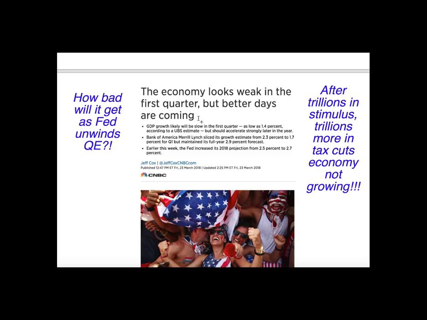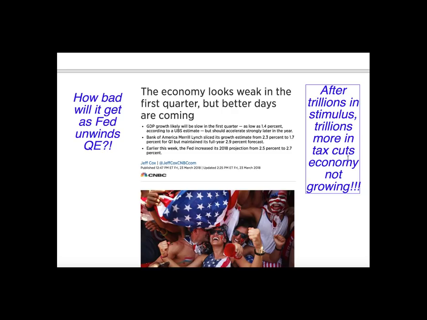My goodness. What makes this so incredibly bad is this. The economy is not growing after the trillions of dollars that were put into the American economy since the crash of 2008. To make matters worse, the economy is not growing after the recent tax cuts. I mean, do you remember the news headlines about how companies were suddenly paying out tons of bonuses to employees, how they were raising their minimum wage from $8 to $15